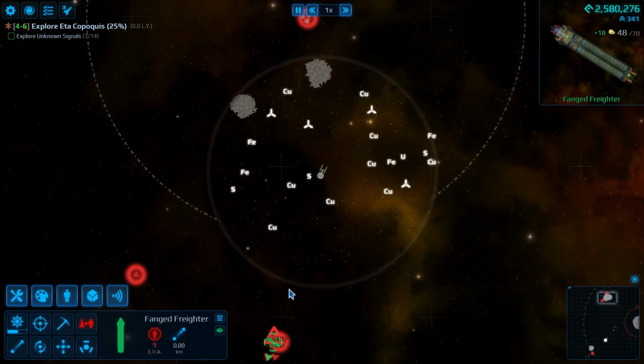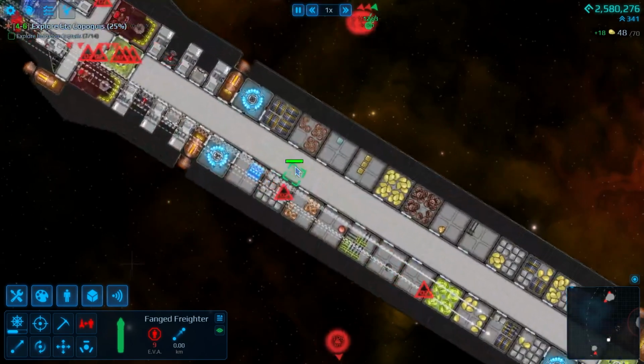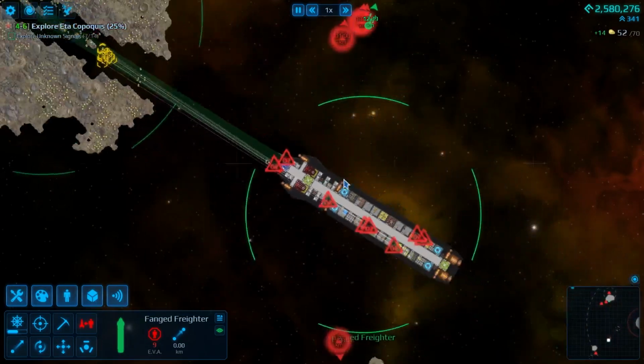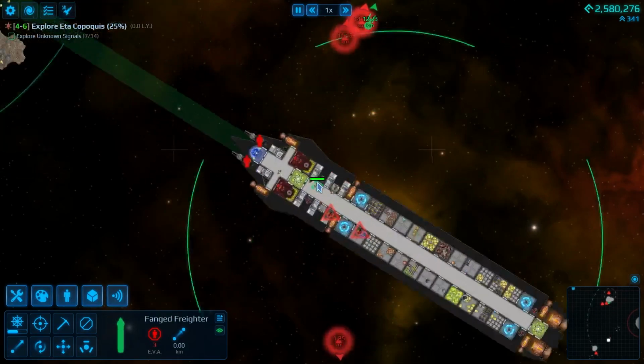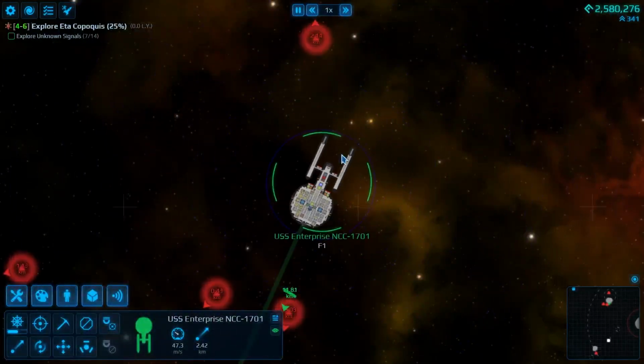Alright, let's check back in with the freighter. Looks like our stores of sulfur are now full. Good enough. Everybody return and we'll get back to work on something else. The Enterprise, however...